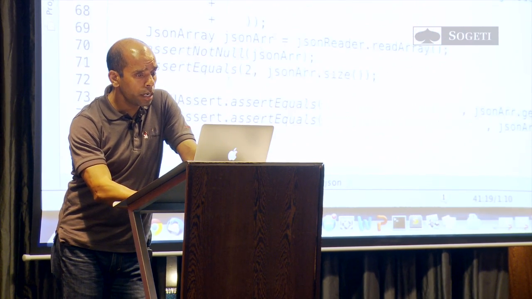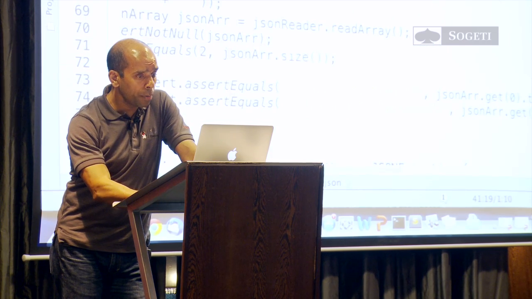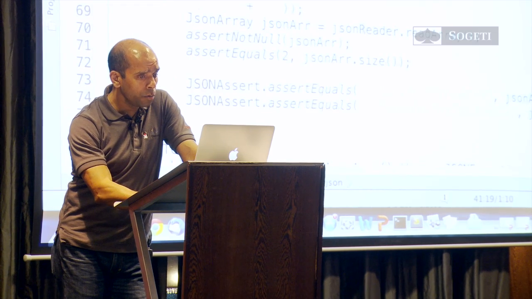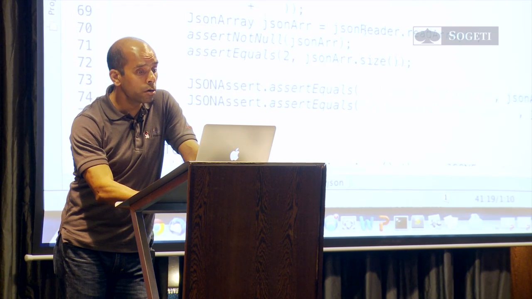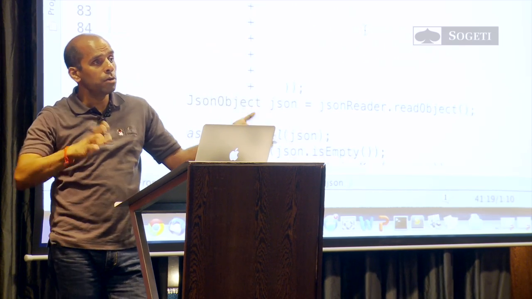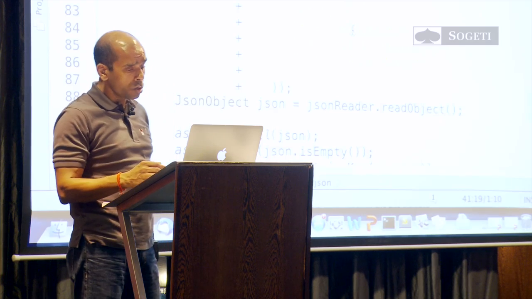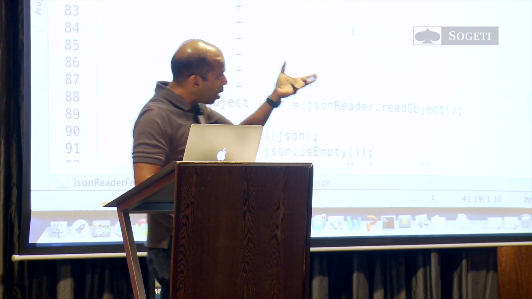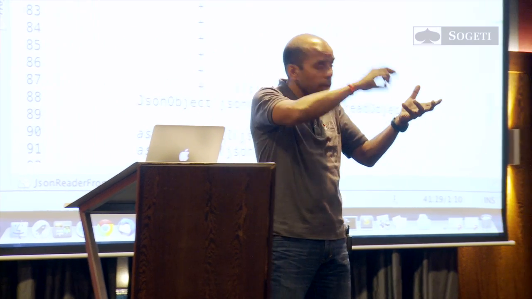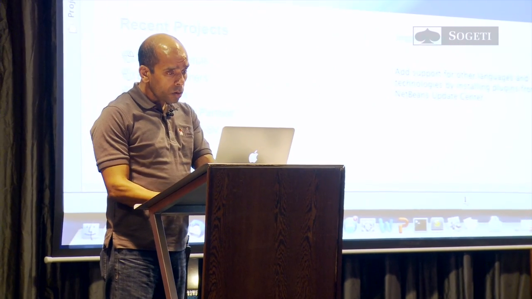Now I can start it as an array because of the square bracket here. One element apple red, another element banana yellow, and close the array. But now I'm reading it as an array. I'm saying JsonReader.readArray. Or if need be, I can make a little bit more elaborate structure, name-value, named arrays, and things like that, and I can read it as a structure. The thing being, JsonObject has the entire representation available in it, and you can dig into the API to find out what element you care about. So that's that.